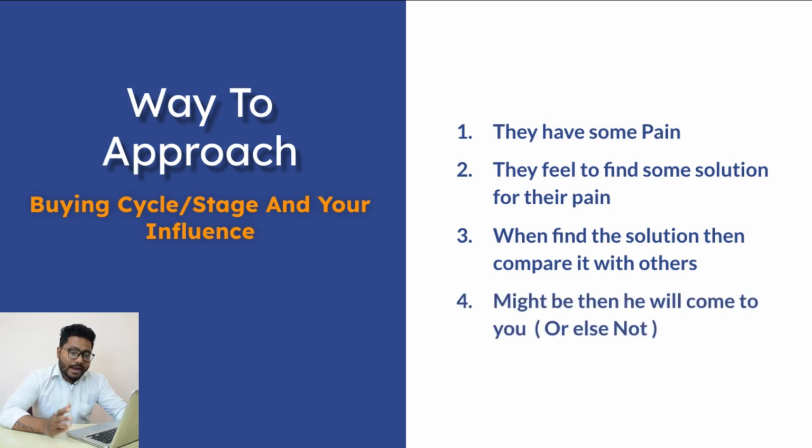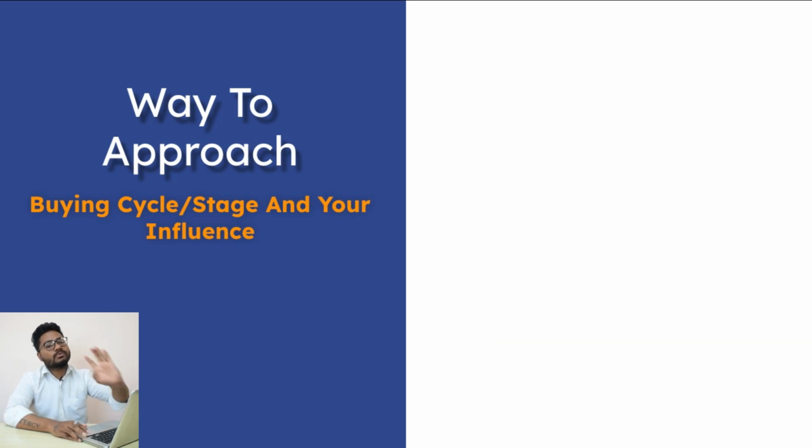Now, it might happen that they will come to you only after that, or might not come to you at all if they don't know about you. Now, what is the reason for this? Even if we reach the fourth stage by mistake, that is, if they find a solution and start comparing solutions, and we enter the cycle at that time,